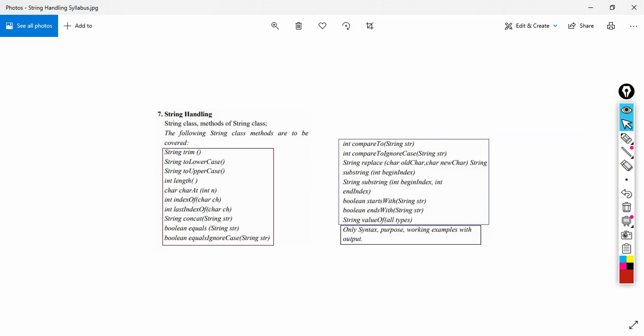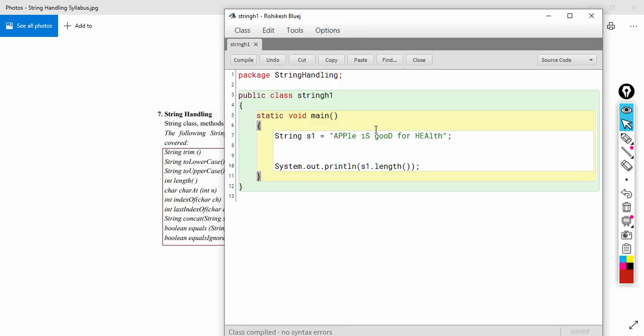Now let's see the next function, charAt. This charAt function requires a parameter. Here you can see it requires an integer parameter and it returns a char type of value. The value that we provide as the parameter is the index from which we want to extract the character. So let's go to BlueJ and see the use of charAt.